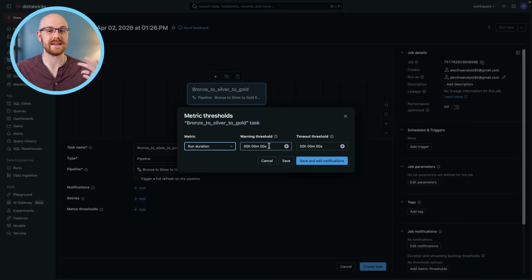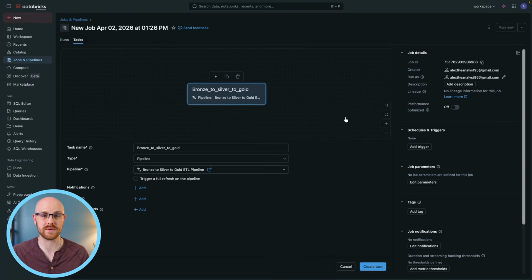If you know this should take 5 minutes at most, you can set a timeout threshold or a warning threshold at maybe 30 minutes so that it isn't just gonna keep running, because sometimes it gets stuck in these loops and it keeps trying and it's gonna run forever and it's gonna cost a lot of money, and you don't want that to happen. So these are all really important things to think about when you are actually creating these